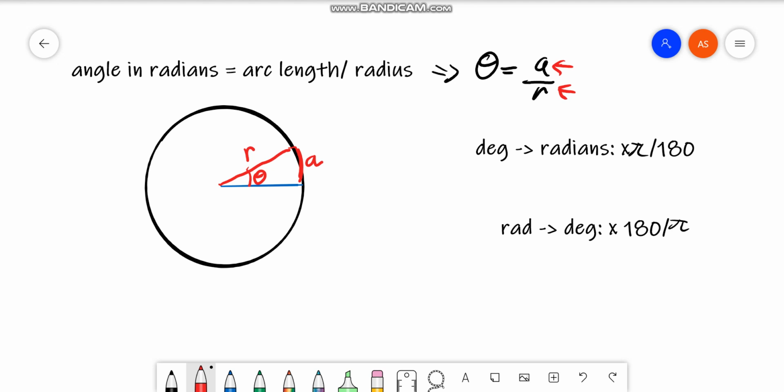Now let's see how we can convert from degrees to radians. If you want to go from degrees to radians, you need to multiply by pi over 180. So for example,